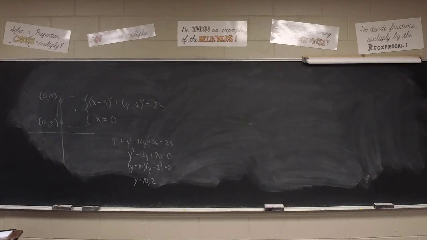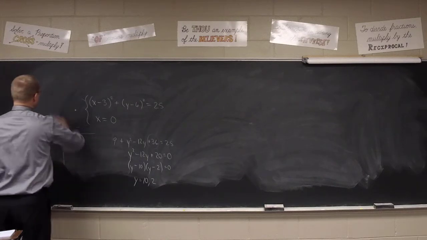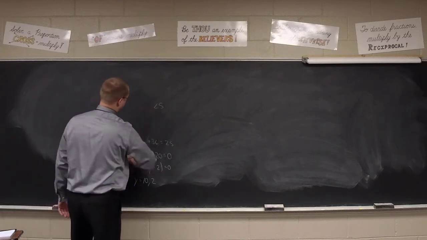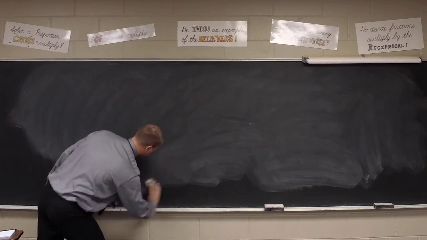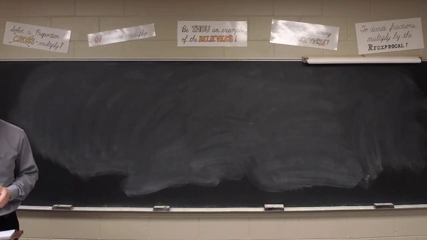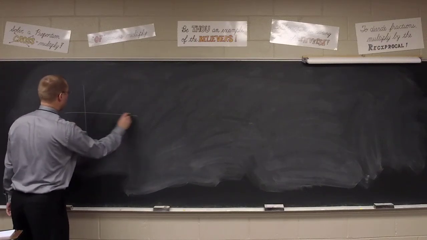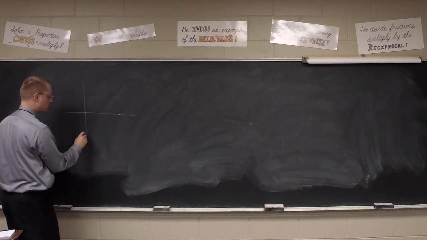Kind of flip back a page. Page 229. Go ahead and read the example problem. Find the equation of a circle passing through (0, 0), and having intercepts (10, 0) and (0, negative 6). Now this takes an interesting geometry concept. We haven't looked at it in a little while. If the circle passes through (0, 0), (10, 0), and (0, negative 6), then as they show, those 3 intercepts